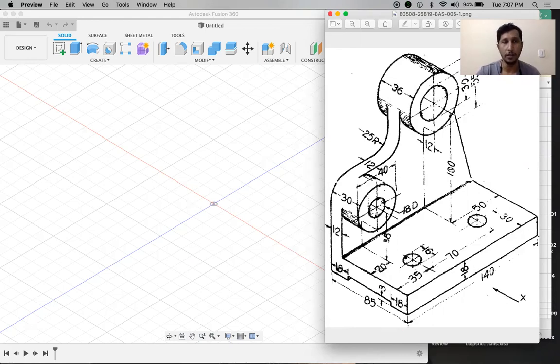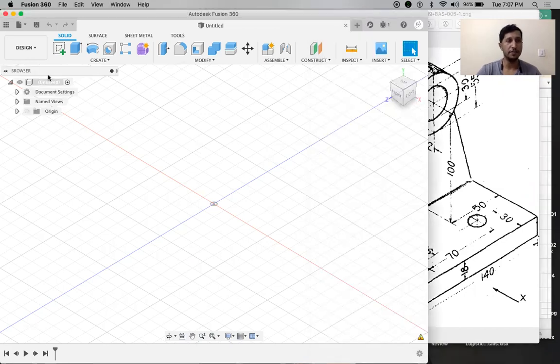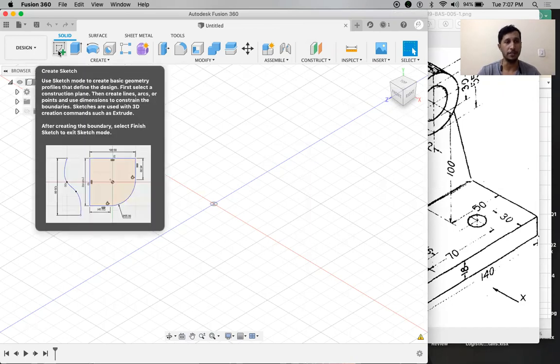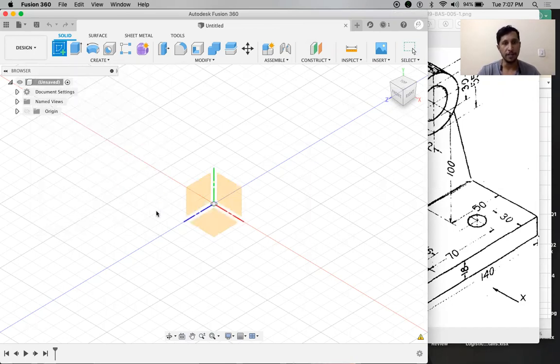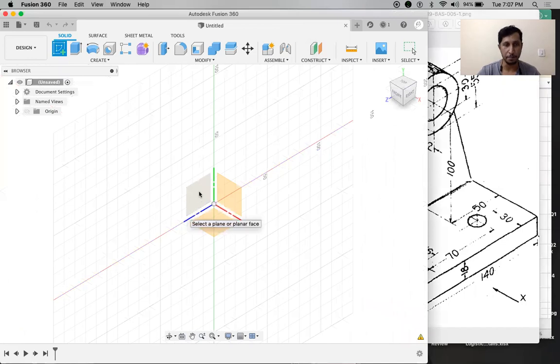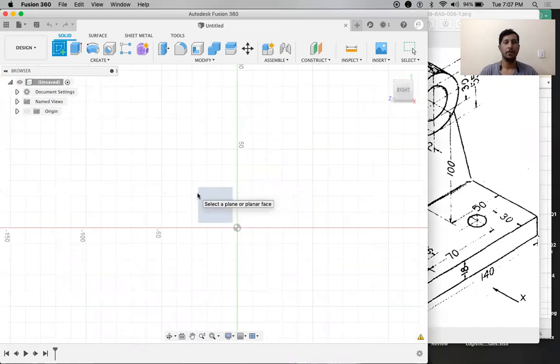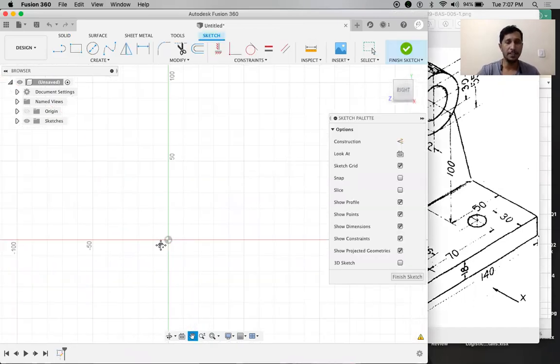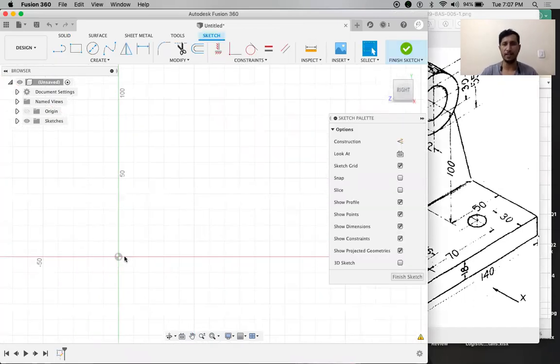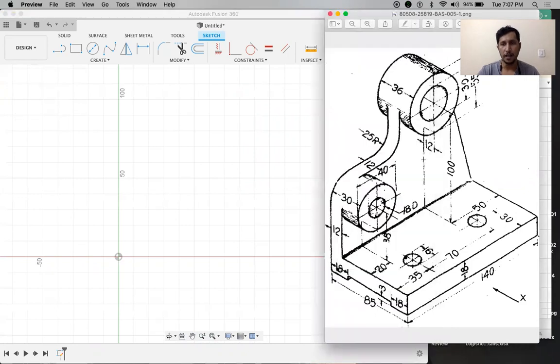I'm going to start with Fusion 360, same as in the previous exercise, with create sketch. I'm going to select create sketch and I'm selecting the front plane to start creating the 2D sketch, right? And as I mentioned, it's very important to always take some reference, starting from this axis center. In this isometric drawing, if you are looking from this particular direction,